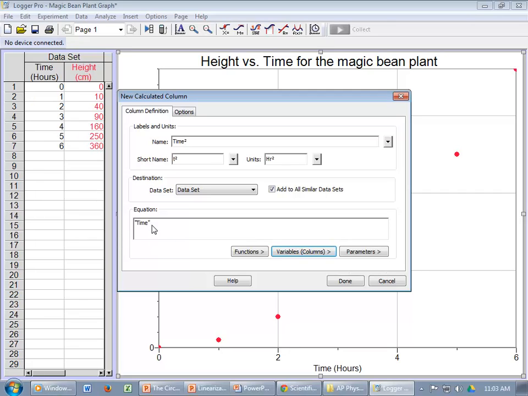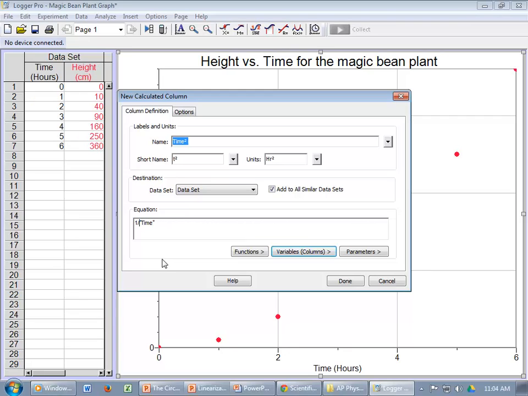You see how it puts these little quotation marks around it, they need to be there for the computer to understand it. Now unfortunately there is no simple squared little button like there was here. So we have to type in squared. We can't type the word. We need to use Shift-6, 2, the little caret 2. If we were doing an inverse relationship, we would type 1 over